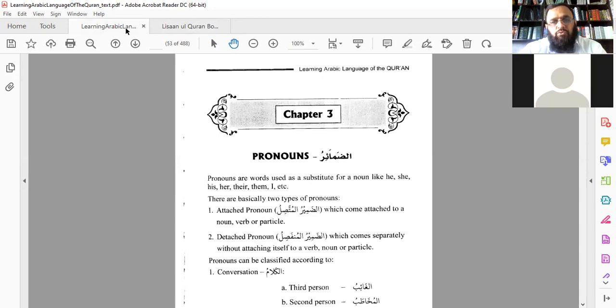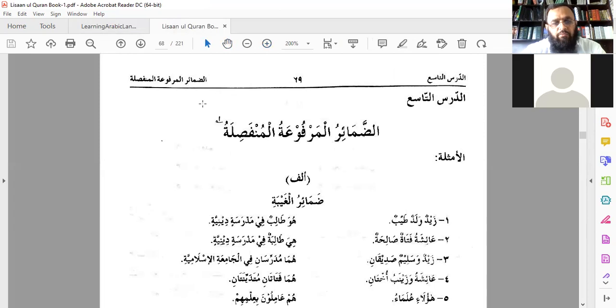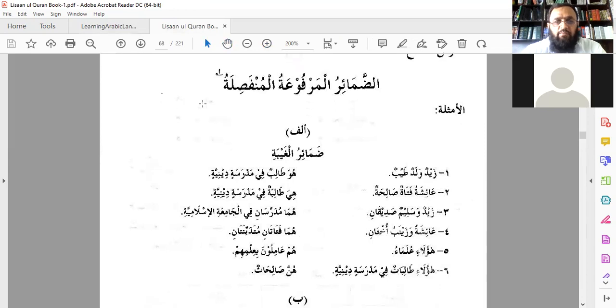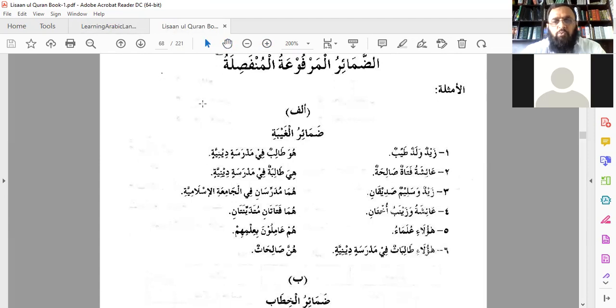And number 3, muzaf and muzaf ilayh, that is also genitive case in English, like apostrophe s comes after a noun, or there is a relationship between 2 nouns by using preposition of. So these are the 3 lessons. We have got numerous exercises. We'll do those exercises as well, inshallah. We'll complete those exercises, inshallah, in our sessions. Whoever does the exercise at home as an assignment, that will be wonderful. But if somebody doesn't, we will do these exercises.